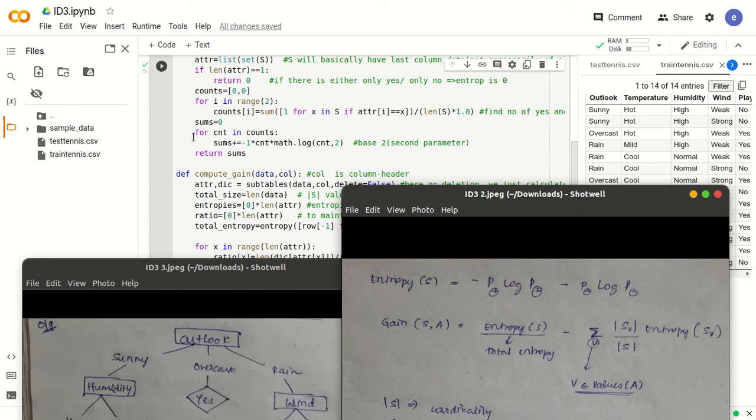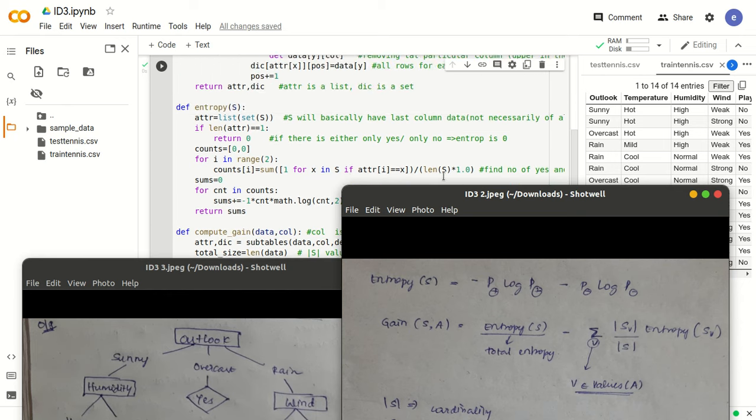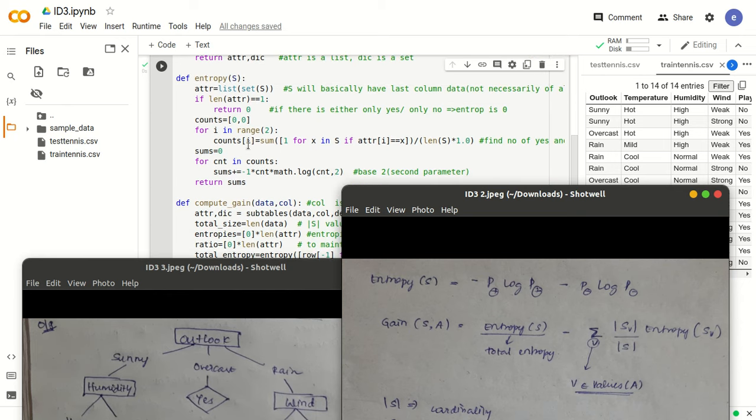Now the attribute of I can take only values 0 or 1. So an attribute of I, an attribute of 0. So we can understand that basically this ATTR is a list of the set of yes. It means S will basically have the last column data. Okay, so now this counts